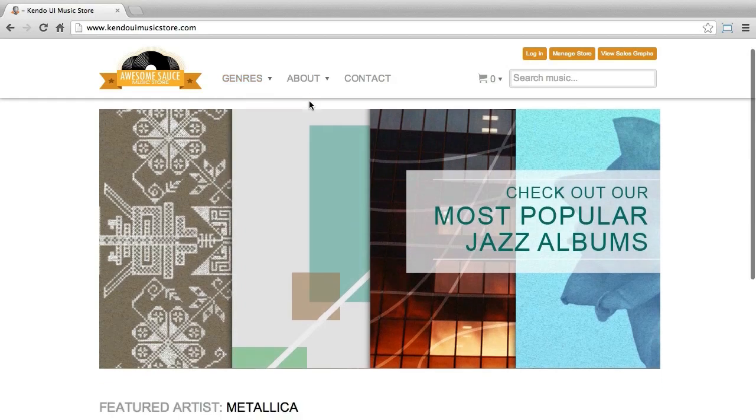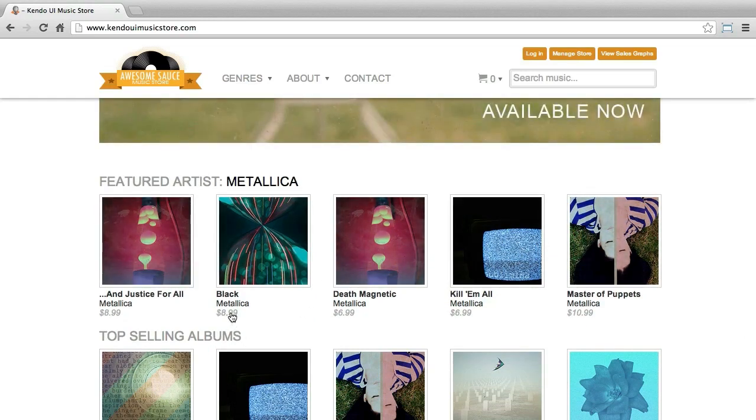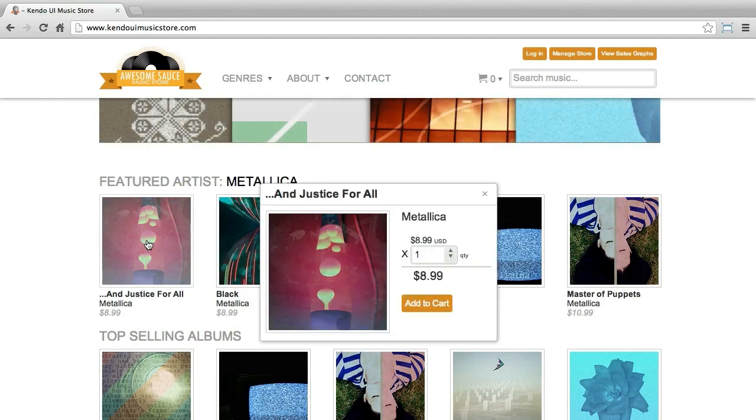So before I click into one of these menus, let me scroll down here, and we can see we've got some Kendo UI list views here. That's what's showing us all these nice album previews. We've got the value of the albums here. And if I click on one of these albums, I'll just click on this one here, you can see quickly